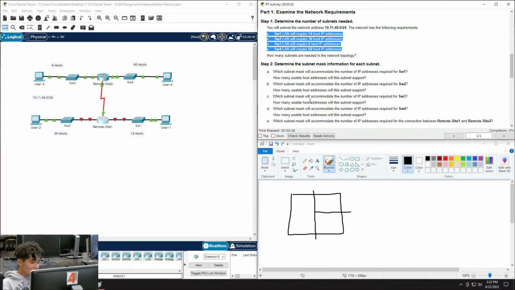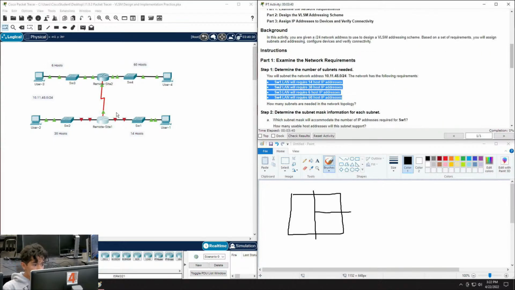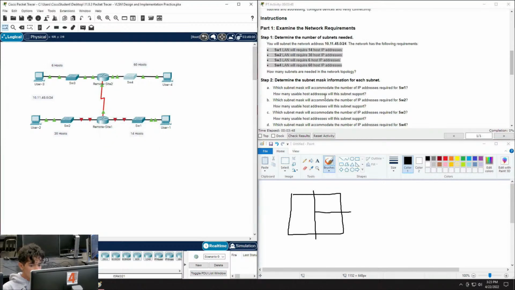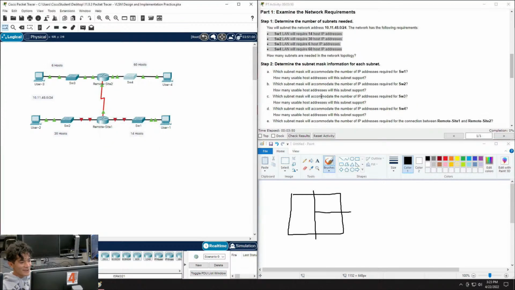For variable length subnetting, I think it's best to start with the most hosts and then work your way down to the least. It's just neater and less complicated. So let's open it up. Okay. It's also important to talk about